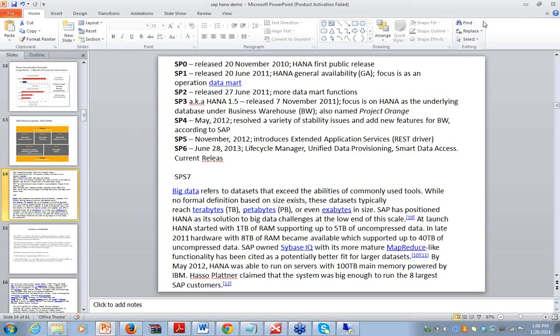At launch, HANA started with 1 terabyte of RAM, supporting up to 5 terabytes of uncompressed data. In late 2011, hardware with 8 terabytes of RAM became available, which supported up to 40 terabytes of uncompressed data. SAP-owned Sybase IQ, with its more mature MapReduce-like functionality, has been cited as a potentially better fit for large data sets. By May 2012, HANA was able to run on a server with 100 terabytes of main memory powered by